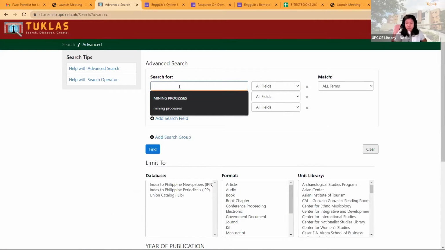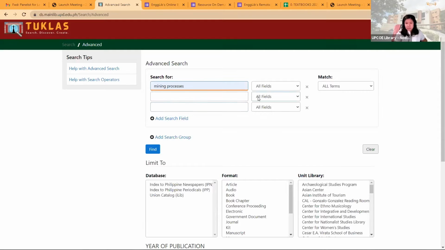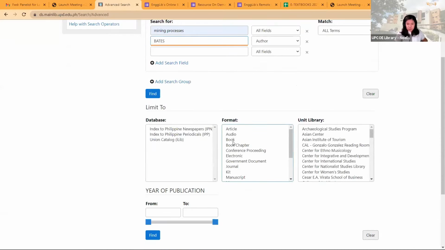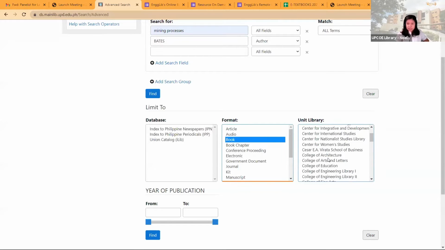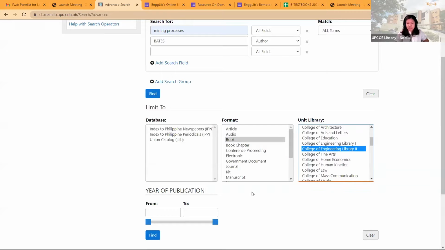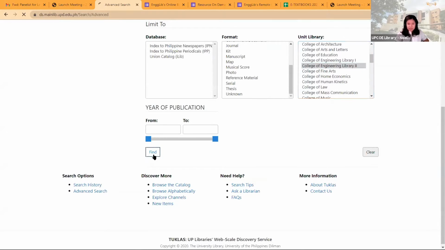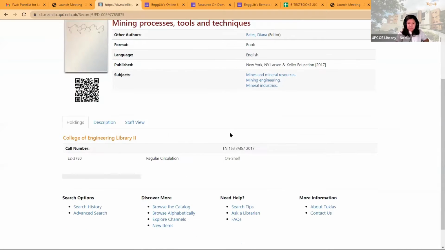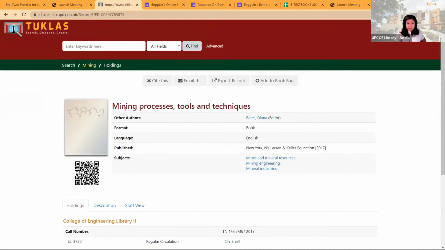For example, you are looking for books under mining processes, so you can just enter that. And of course, if you also know the author, you can also enter it. For example, we have dates. And then if you want to see only printed books, you can check this one. For the unit library, click on College of Engineering Library 2, and then click Find. There's just one result. You can click on the title to see the details, such as the call number and the circulation type. You can then copy these